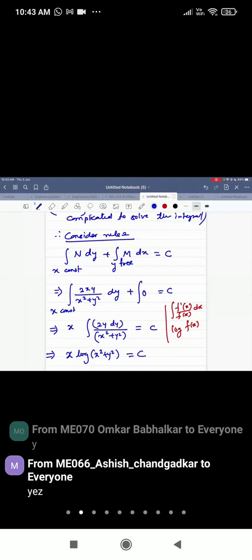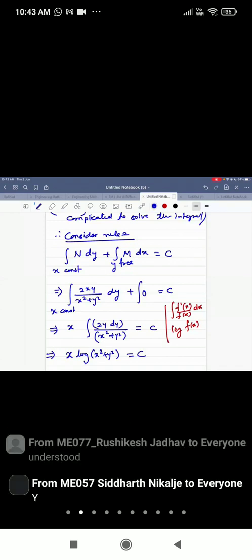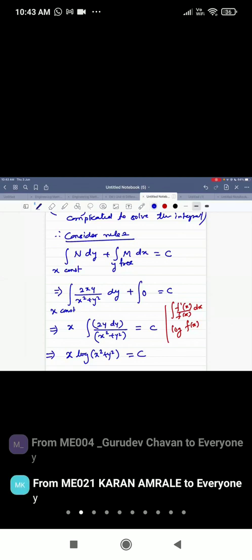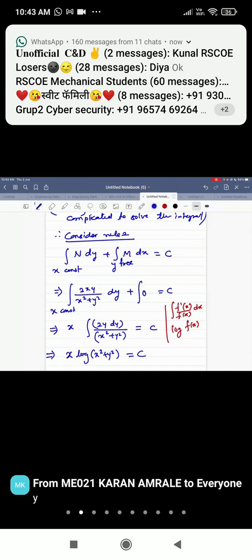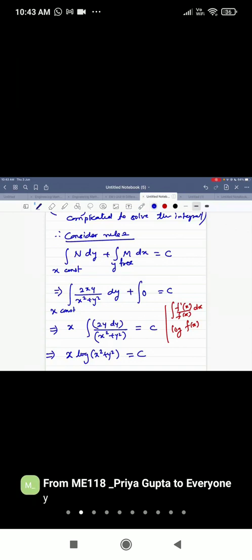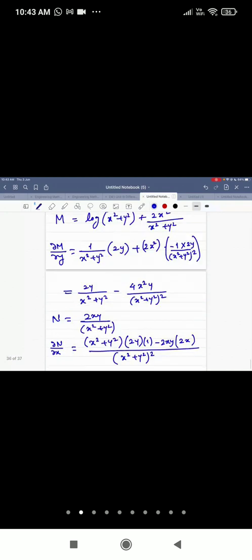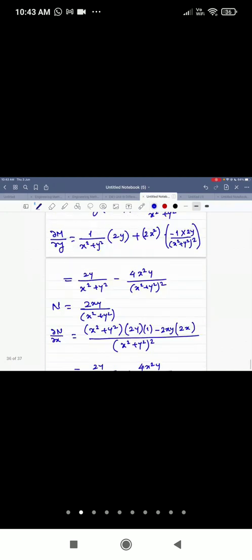But our next topic is reducible to exact. In that problem, only the first step will be different, but the last step will be the same. So I have spent more time on this topic. Okay. If anything is not clear, please ask. Okay, so most of the students are saying yes, and therefore I think I should change the type. So these 2 more examples.